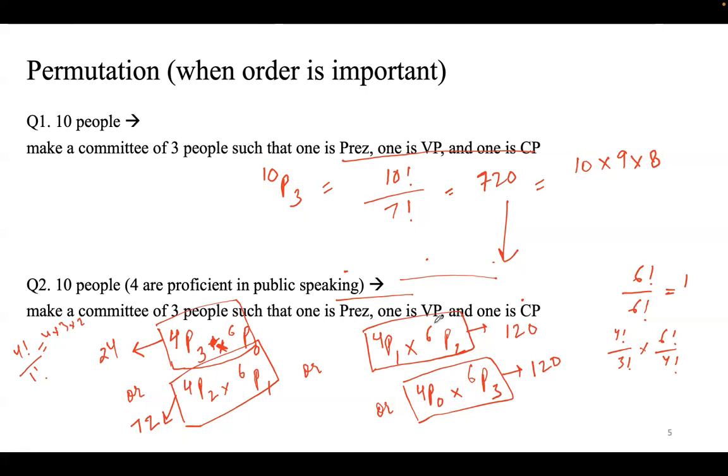Likewise, for here also, there are 3 options. So what you need to do is multiply this 72 with 3 and multiply this 120 also with 3. So now you have 24 plus this is 216 and this is 360 and this is 120. So now if you add this up, then you're going to get 720 as the answer.